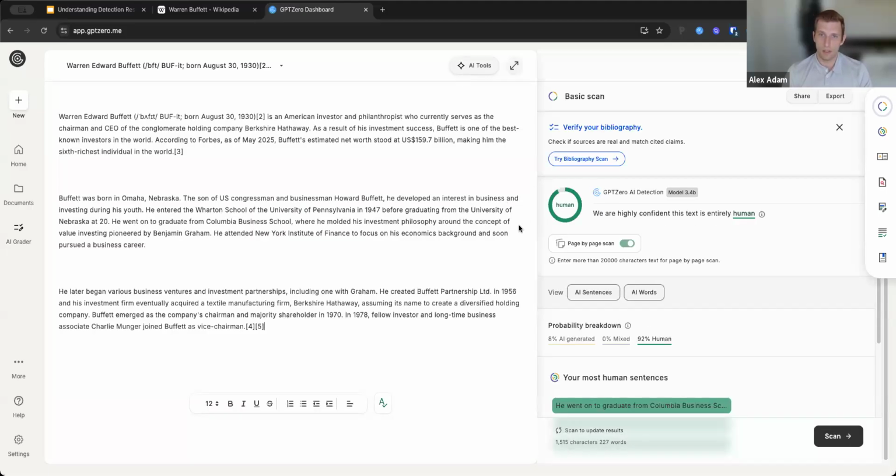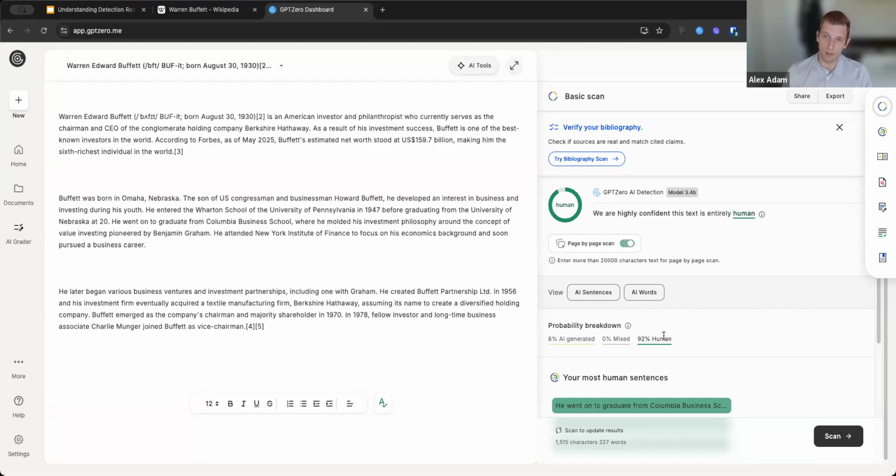So you see on the right-hand side, we're saying that we are highly confident that this text is entirely human. Should be the case since it's copied directly off of Wikipedia. We provide this probability breakdown.